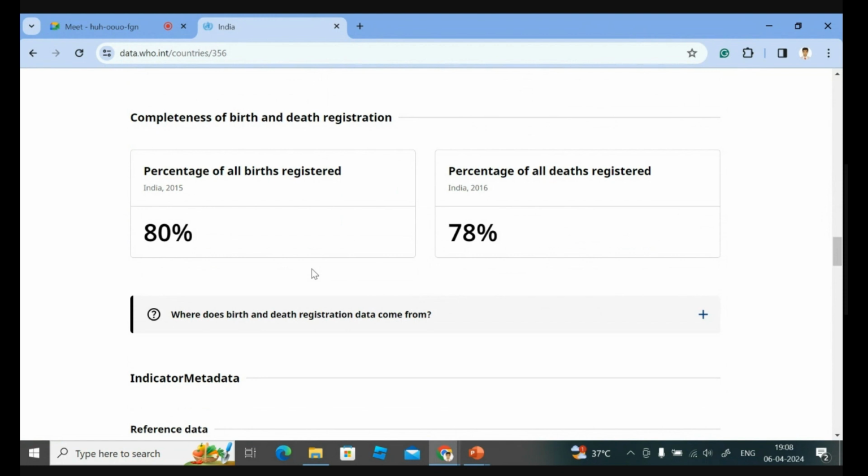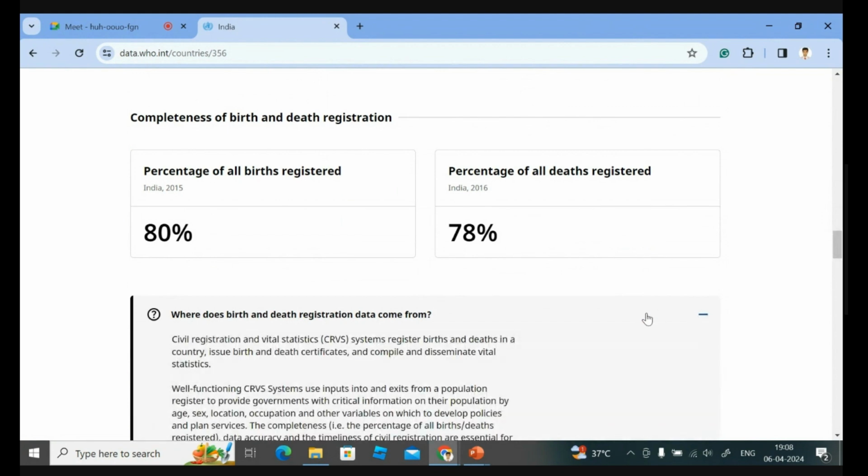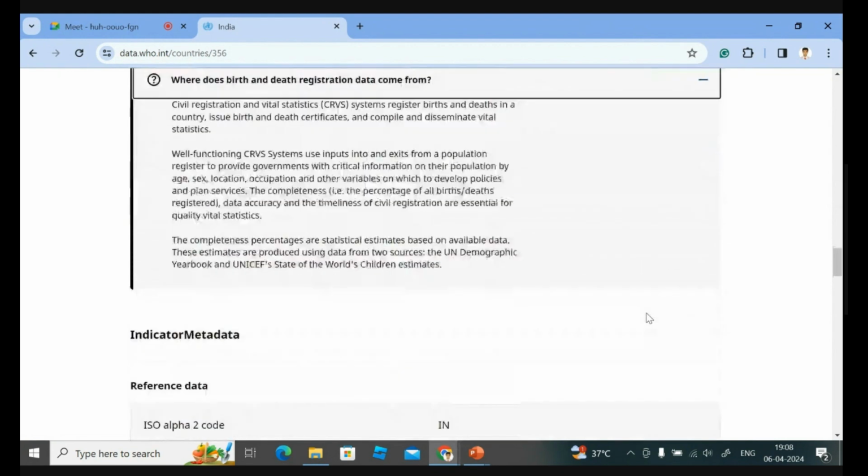Why don't people register for the birth? Because many of the births are happening at homes, may not be in the hospital. They may not even go to the municipality to get their birth certificates. So it also gives you a lot of indicators. This is the civil registration statistics that gives you